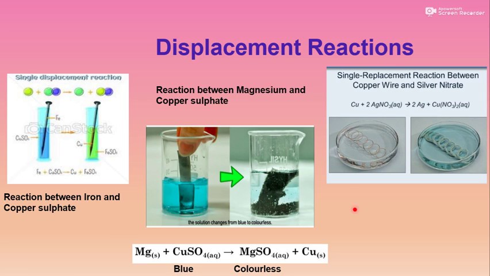Some metals like copper and lead do not react with dilute hydrochloric acid. They react with sulfuric acid and nitric acid, but they do not release hydrogen gas. As every metal has different reactivity, this one is the reactivity of copper and lead. But why do they behave so? In your higher classes, it will be explained to you.